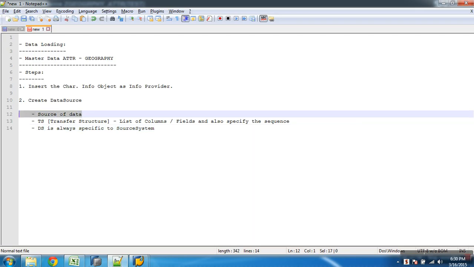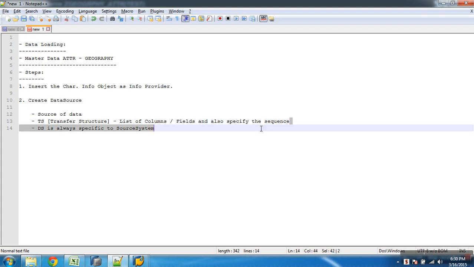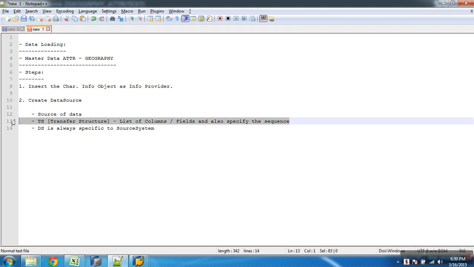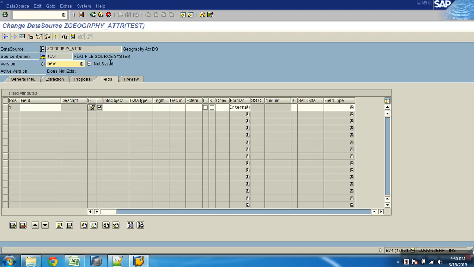Now I finished with this. I have specified from which file it should take data. My next property will be this one. And that is what is defined in this tab, the fields tab. Logically, if you understand what is transfer structure, what will you define in this? What is transfer structure? List of columns, and in what sequence. So the sequence in my transfer structure must match my file. As per the file, this transfer structure has to be adjusted, because the fields tab will define the transfer structure, which tells you the list of columns and the sequence of the columns coming from source.